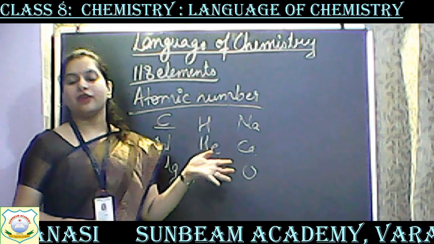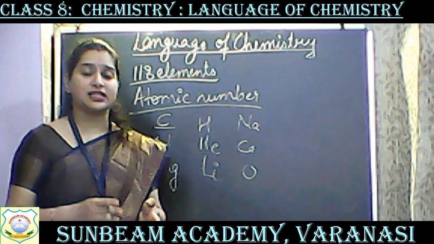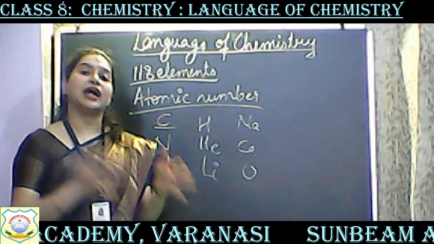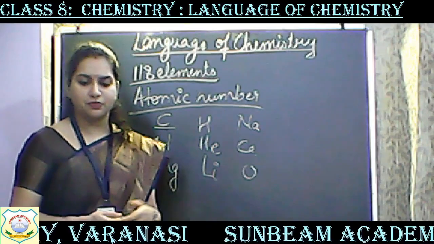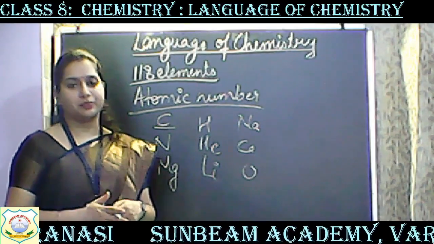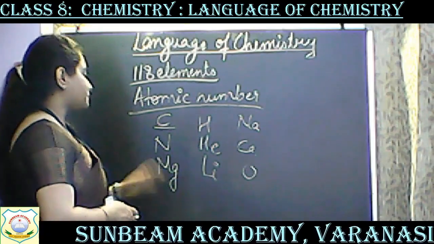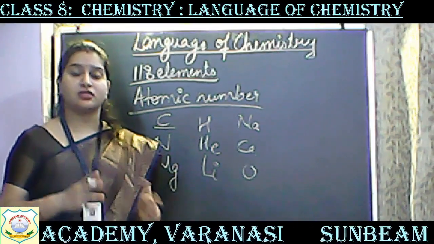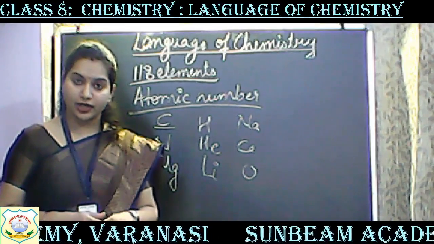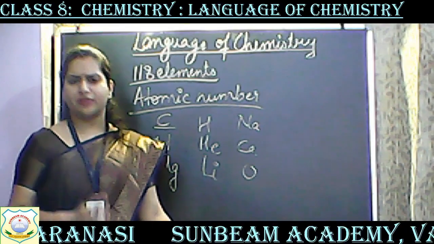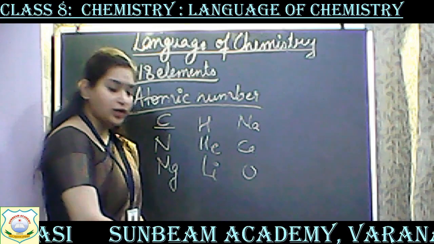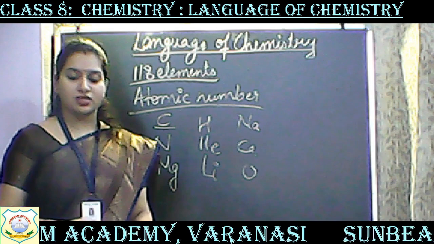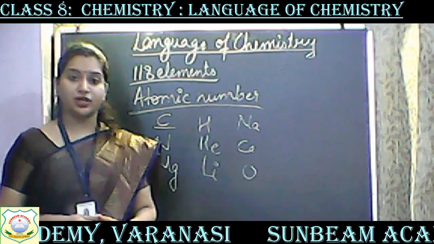But apart from this, we have certain symbols that are given on the basis of their Latin words. That we have already discussed in the previous class, isn't it? So this is about the symbols and the arrangement of elements in the periodic table. Got it? Now the very important thing, children. What is the structure of these elements? So today, children, we will discuss something very basic and very important about chemistry.